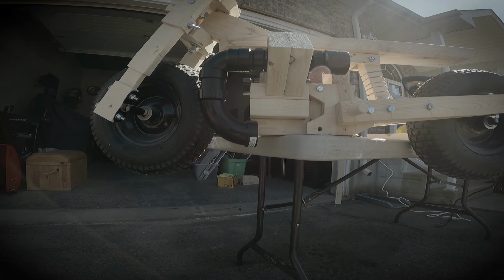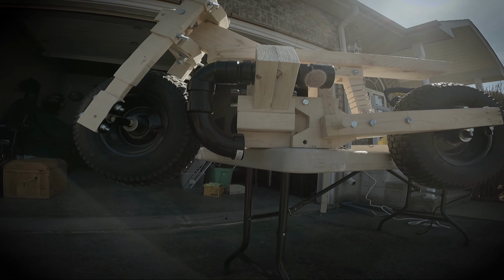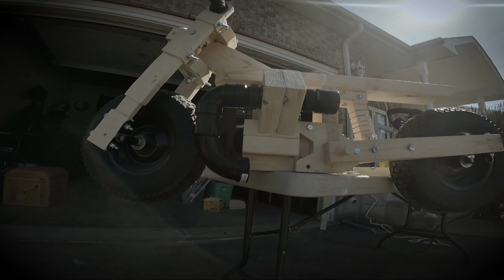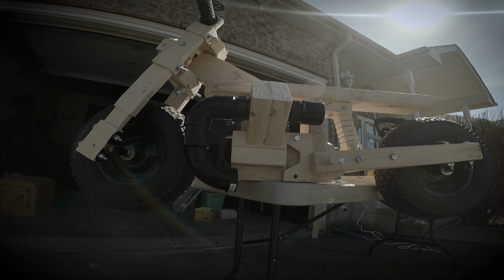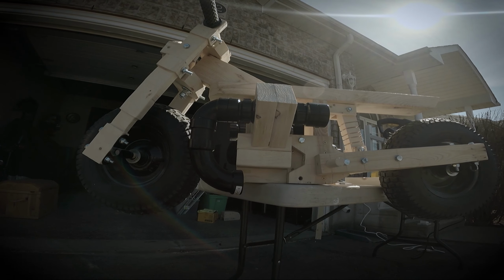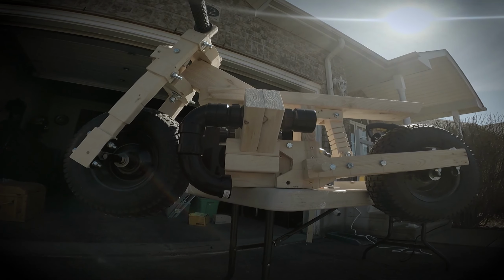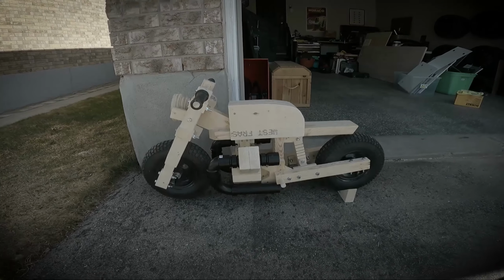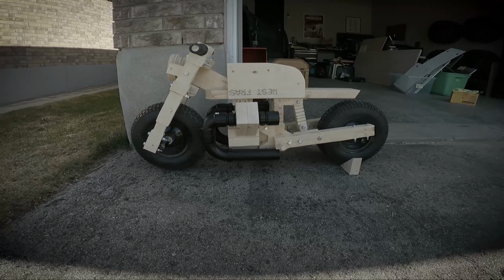And the other thing is the whatchamacallit, the radiator. But first, let's cut off all the little ABS pipe pieces so we can mount things properly, and take a look at what it actually looks like. Okay, and here it is with the exhaust. This is pretty much what the final product